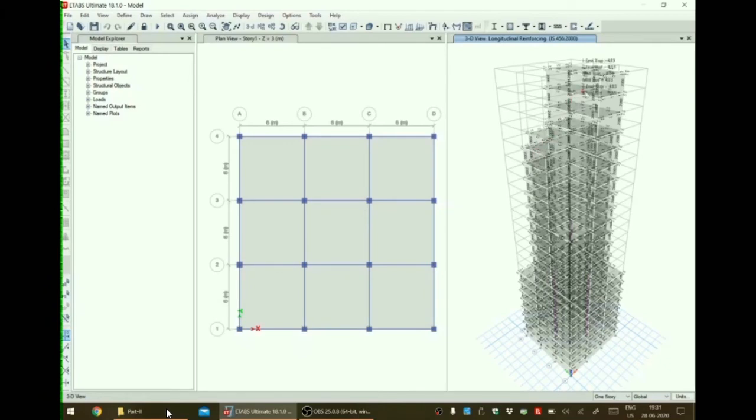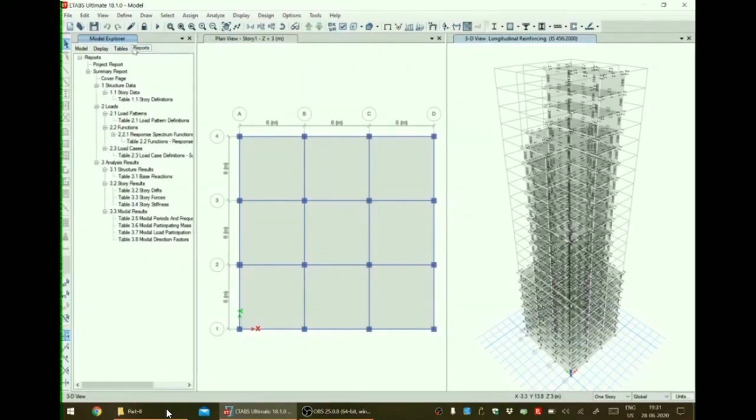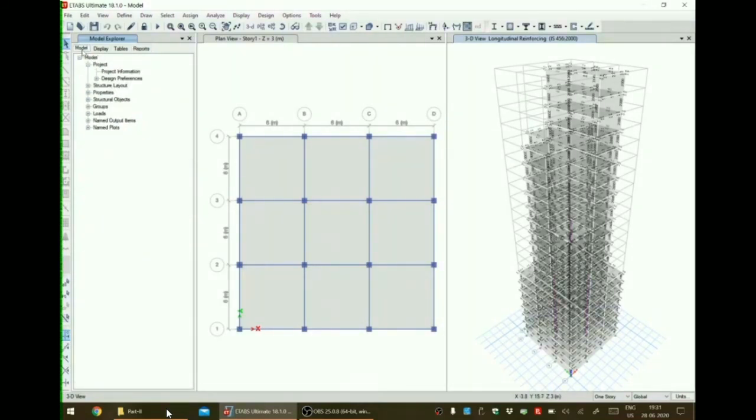We can see from the 3D model the reinforcements are already calculated, and the report is also available, already generated. So we have successfully completed the seismic analysis and design by response spectrum method with the help of ETABS software